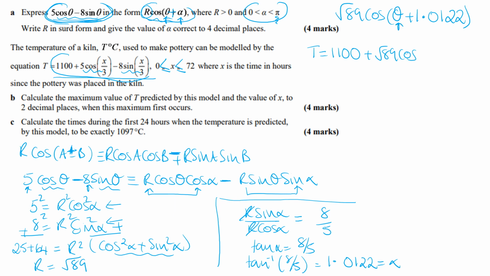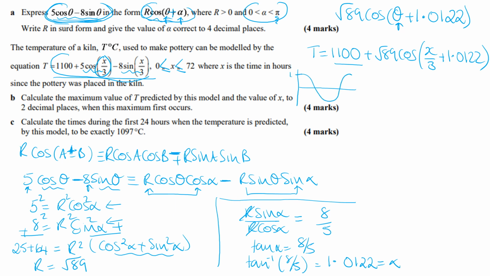Now it was theta in part A, but the angle is now x over 3, so we need to change that to x over 3, then the alpha is still the same, 1.0122. Now, this equation is going to be influenced and governed by the fact that we've got cos. We can't change the 1100, but what is going to give it its maximum, if we think about the cos graph